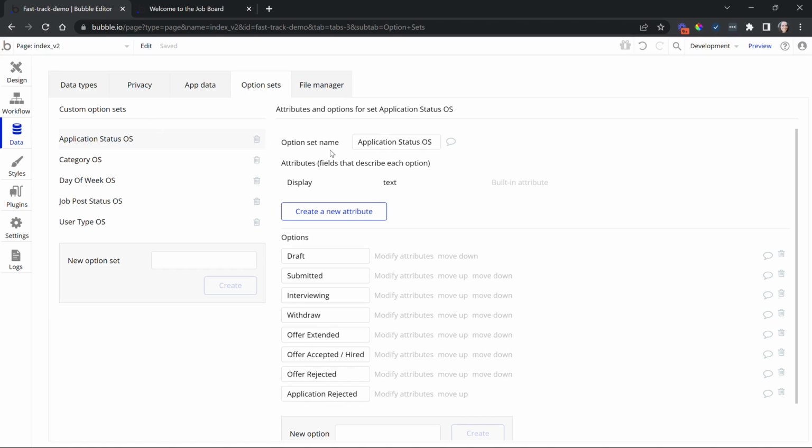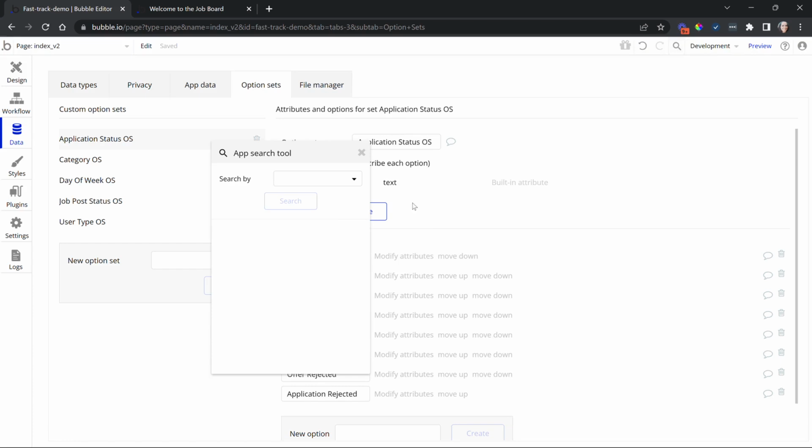The next tool that we want to point out that can really make a huge difference in navigating your editor is the App Search tool. This is the magnifying glass that you can find in the upper right corner here. You can search your entire application by all of the different types of elements and messages available to you in the overall structure. So for example, if I want to see everywhere in my application that uses a particular field,